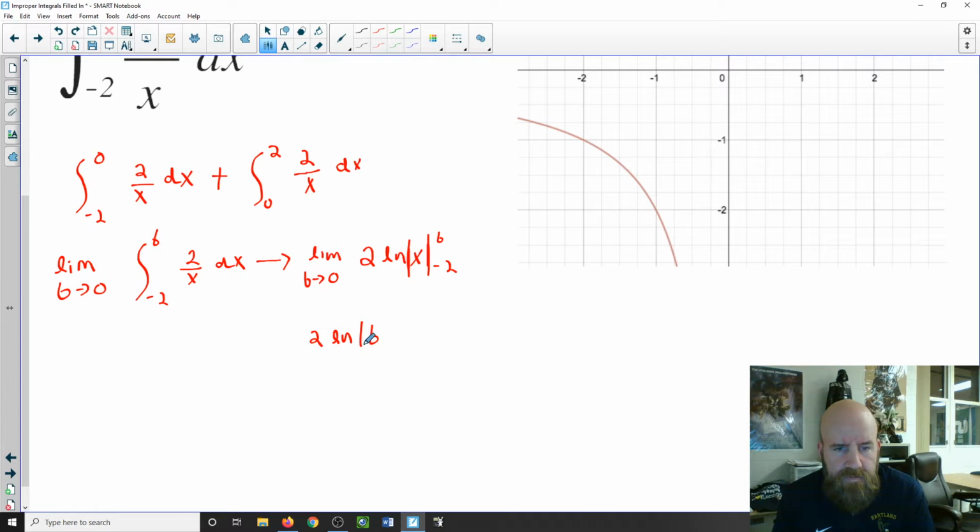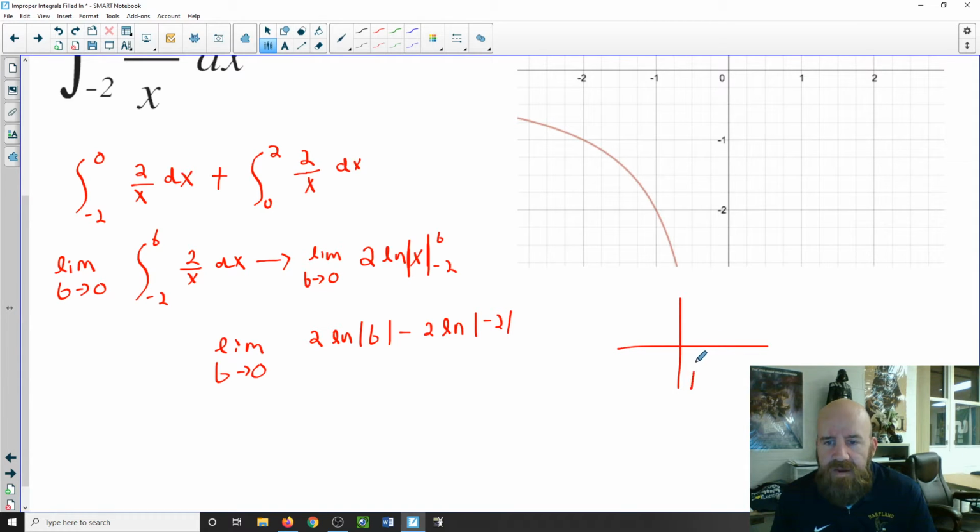2 natural log of b minus 2 natural log of -2, still doing the limit of it. So for the 2 ln -2, we have absolute values here, so that would be a 2. So we would get a finite value for this part. As far as when we plug the 0 in for the b to evaluate the limit,